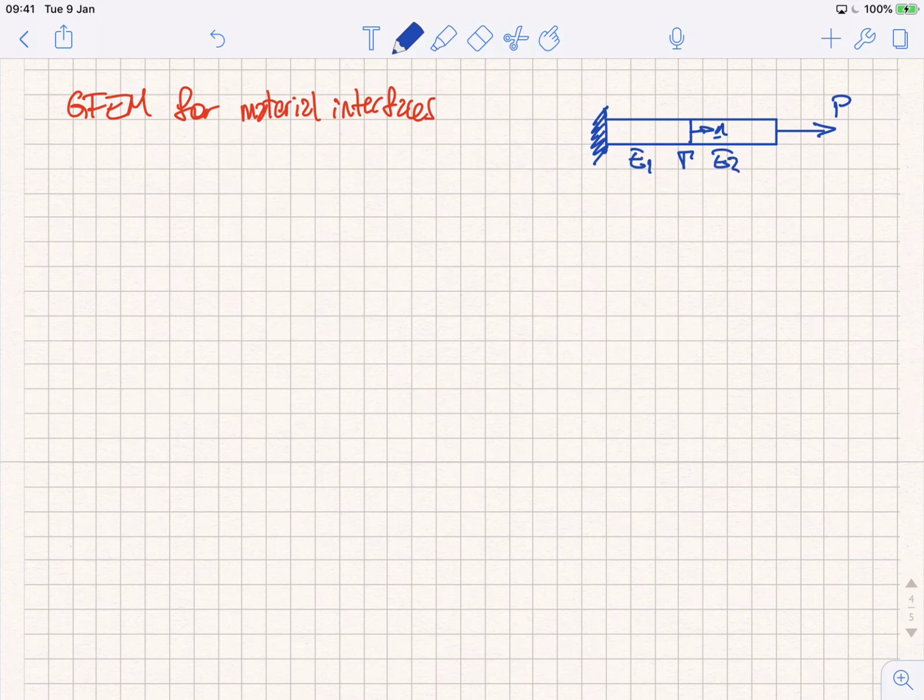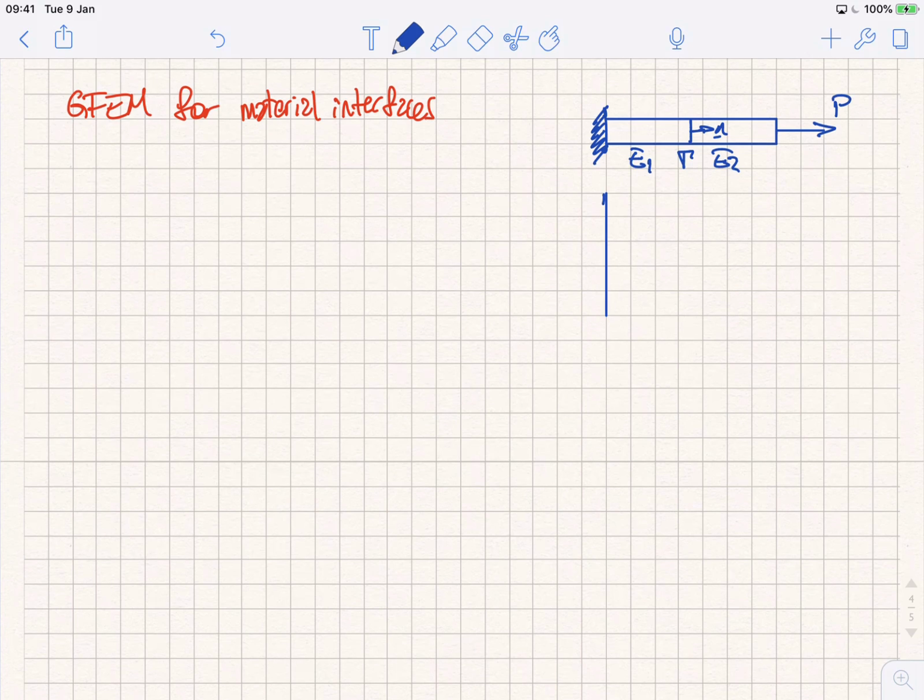And this mismatch in material properties is going to be responsible for discontinuity. In this case, a material interface, as we discussed earlier, is responsible for having a discontinuity in the gradient of a field. So this is what is called a weak discontinuity. Okay? In other words, if I try to plot the solution, the exact solution for that problem,